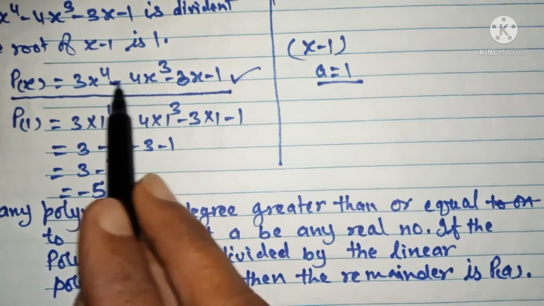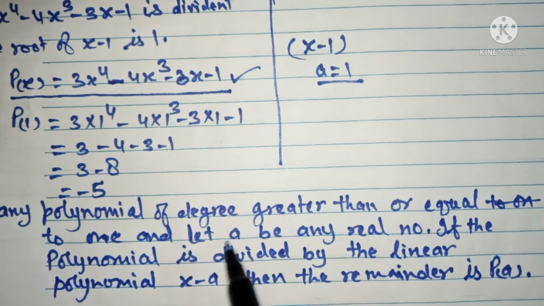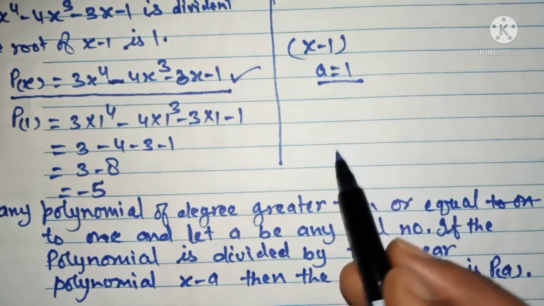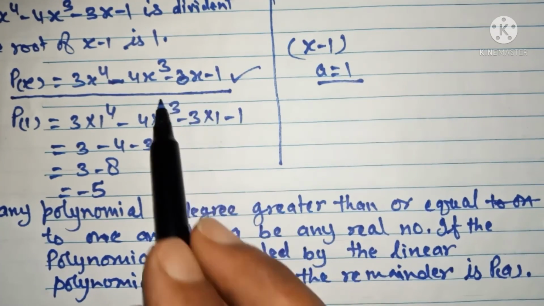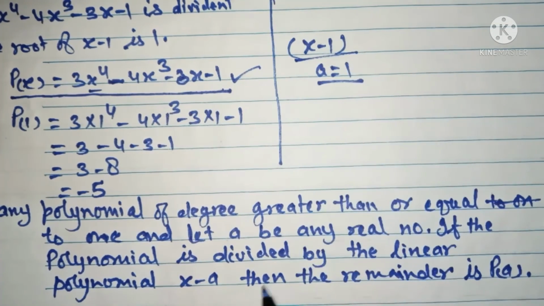Here the degree is 4, and let a be any real number. A is equal to 1 which is a real number. Then if we divide this polynomial by this divisor, we will get